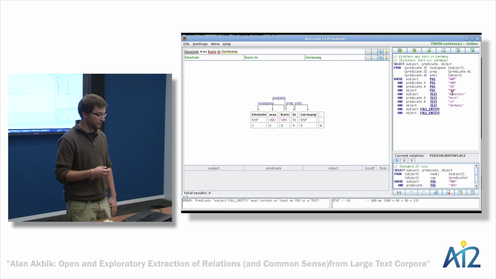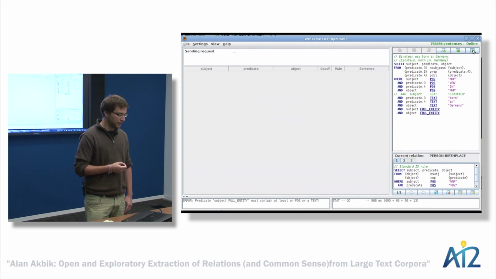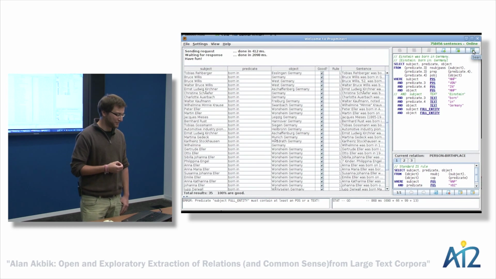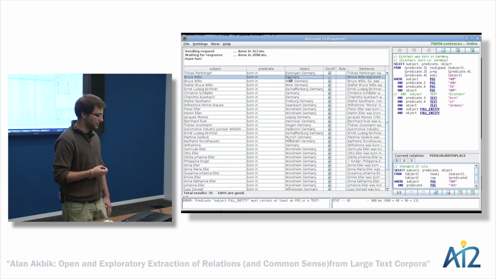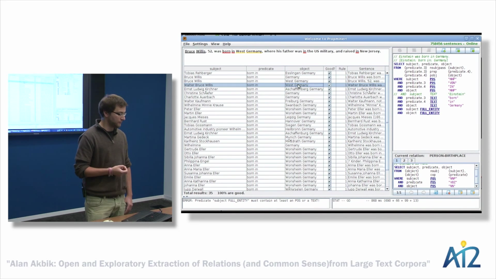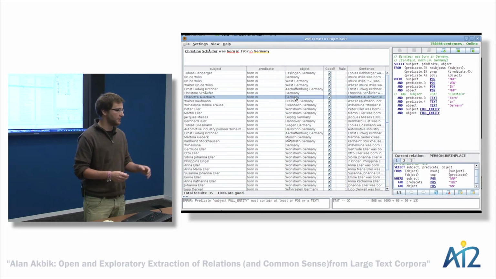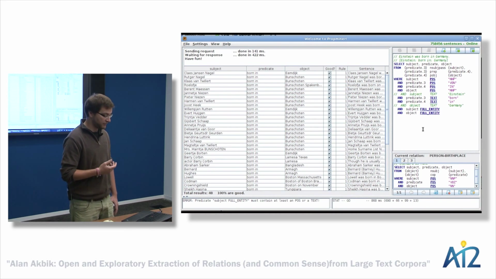The rule is generated, and the first thing that I do is I comment out the Einstein part, right? I fire this rule against the corpus, and in a short time I get back a bunch of hits, right? And now I can look through these hits and see the sentences in which this relation is found. So, for example, what you see in some of these sentences is that there are long-range dependencies in there as well. So it's not always was born in. There's stuff in between in some of these example sentences, right? So now I comment out Germany. Now we got a bunch of Dutch people,